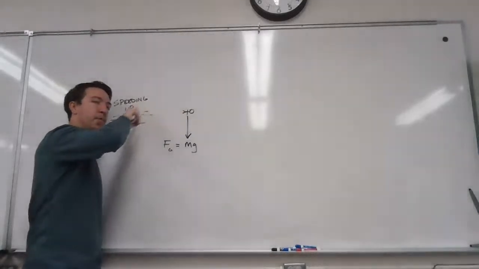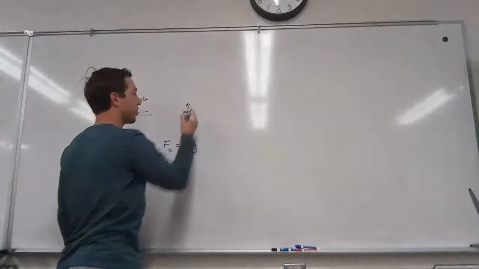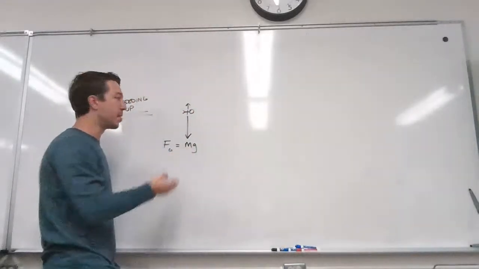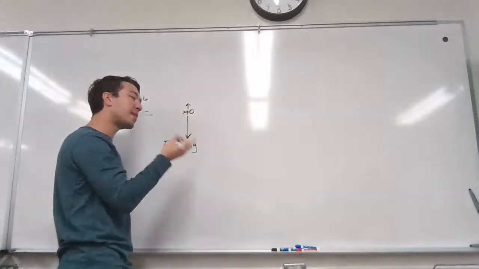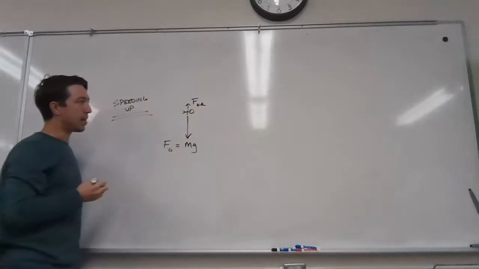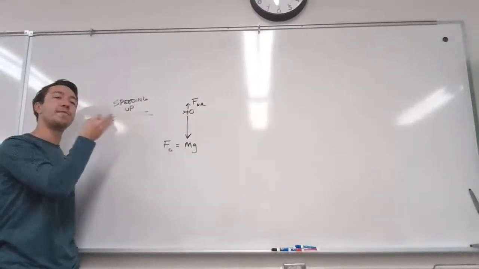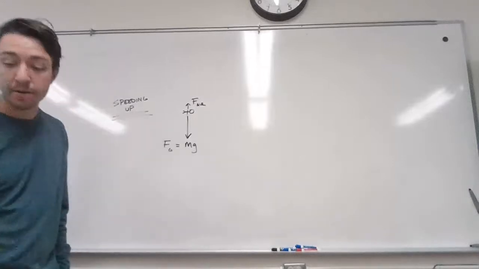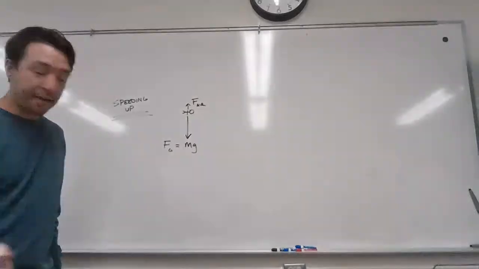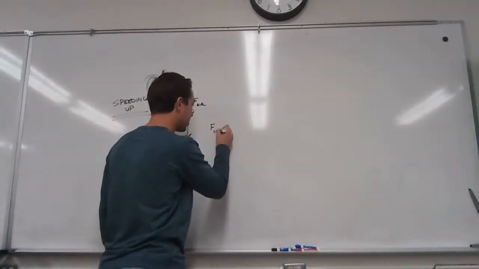What kind of arrow is going to be pointing up? Big or small? Small. Anytime you're moving through air, there's going to be a little bit of air resistance. But if you just jump out of the plane, he's not going that fast, and so the force from the air is not going to be that big. Look at this diagram. What direction is the net force pointing? Down. The question says, find the direction of the net force. So maybe over to the side, just make some indication: the F net